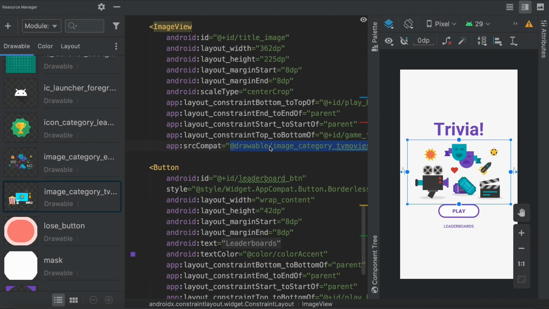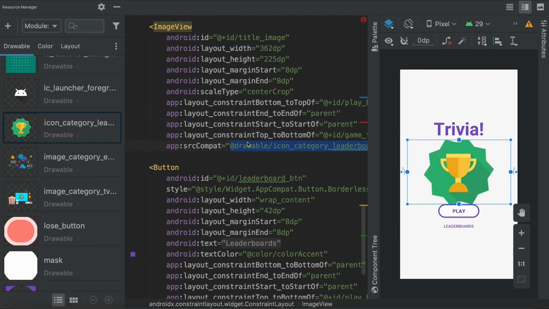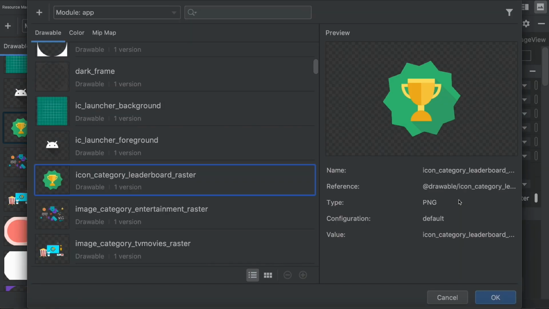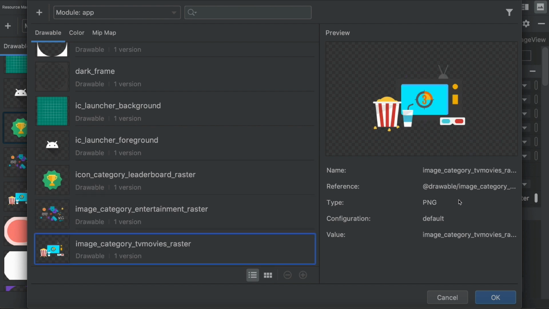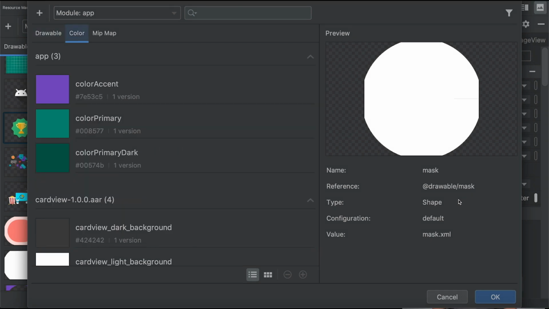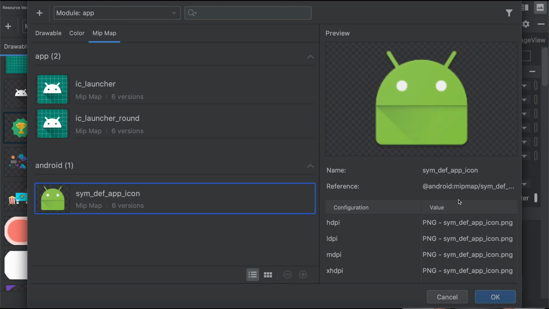So first, I can literally copy and paste straight into that, but we also support drag and drop. And you can see essentially that the resource manager really works hand in hand with the layout editor. Another example is the integration with the new resource picker that builds upon the resource manager. So again, the idea is to make it a lot more straightforward for you to navigate through your assets and pick the right ones. And that brings us to Android Studio 4.0 that we just released.